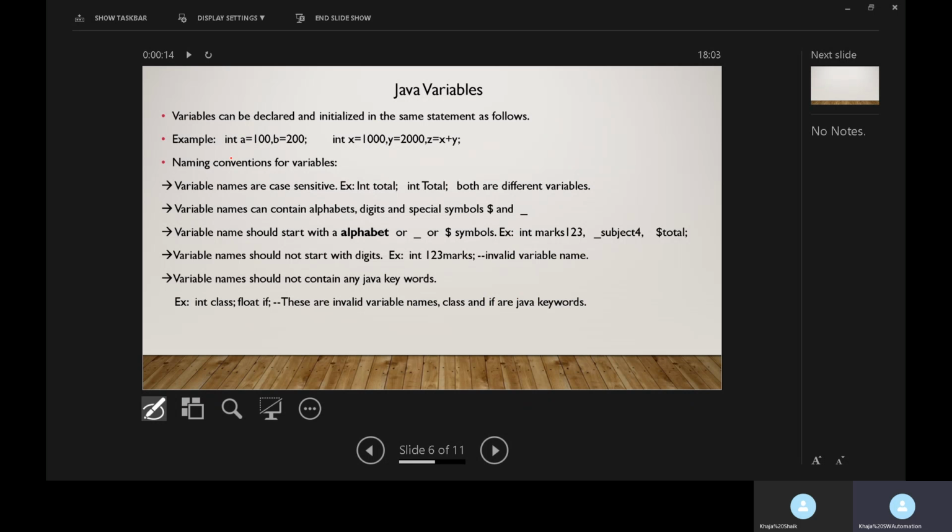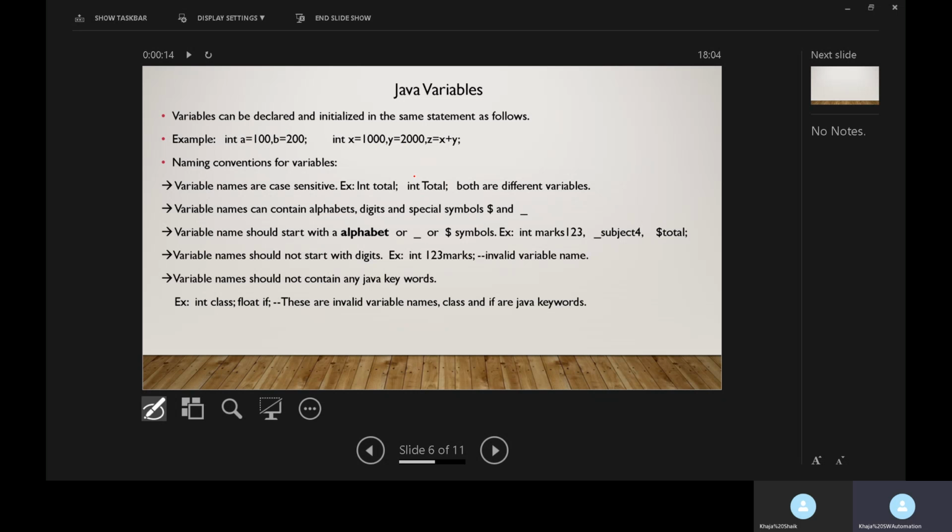So int a is equal to 100, comma, b is equal to 200. Similarly, int x is equal to 1000, comma, y is equal to 2000, z is equal to x plus y. Here we can initialize with the help of some expression also. By combining x and y, we are storing into z. In this kind of statement, we can declare and initialize the variables in a single statement.